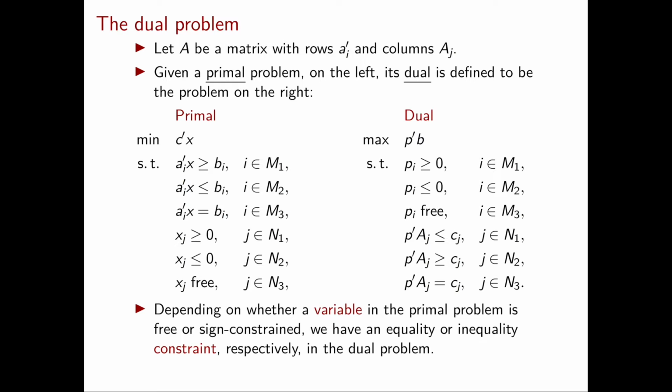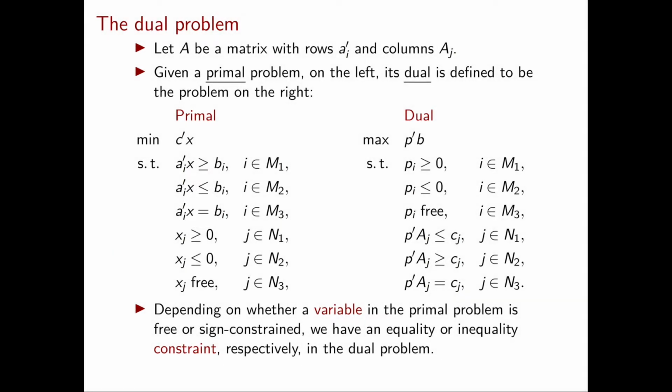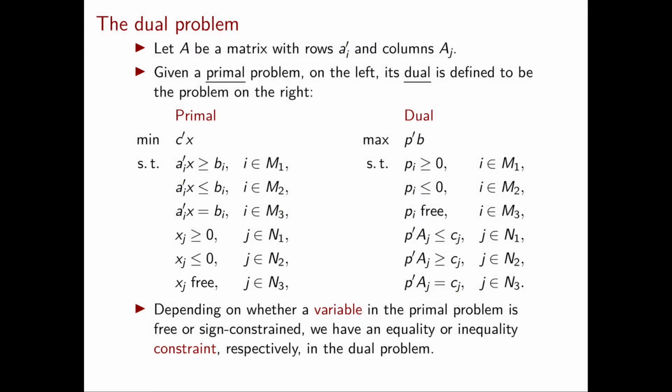You then subdivide your inequalities based on which form they are, so either greater than or equal to, or less than or equal to, or equal to, and then you subdivide your variables into the non-negative, the non-positive, and the free ones. Once you've done that, you just need to follow the instructions of the definition and you can write down the dual. In particular,